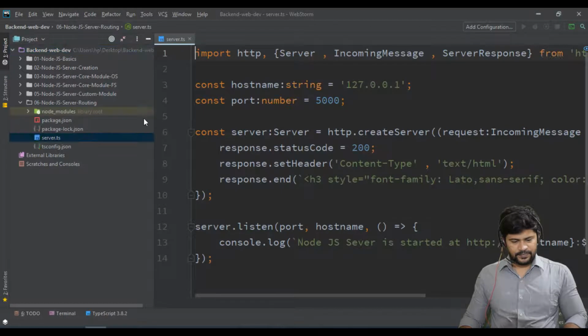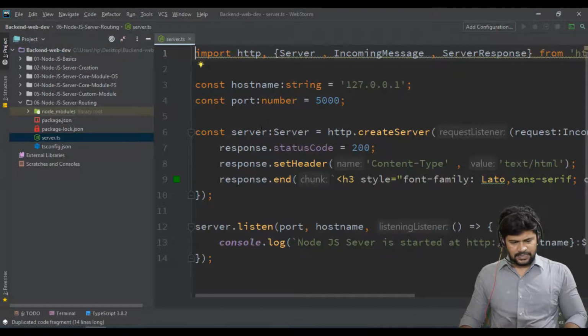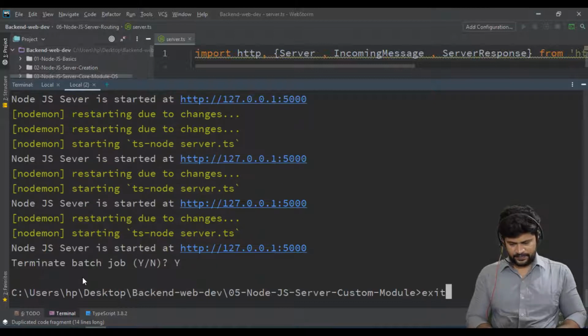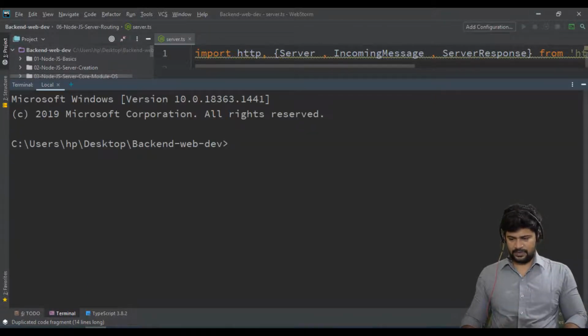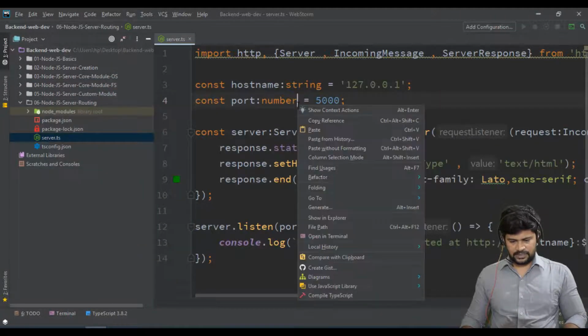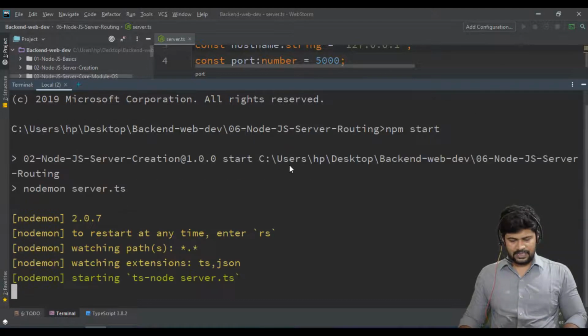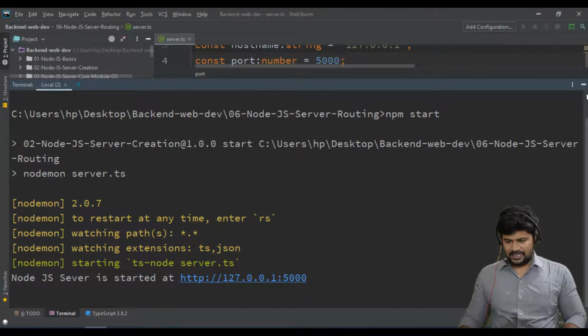Okay, it is done, and first let me stop the previous server. Let me go to this location, right click, open terminal, and run npm start. It will start the basic server creation, and then we'll start routing. Okay, so it is started.